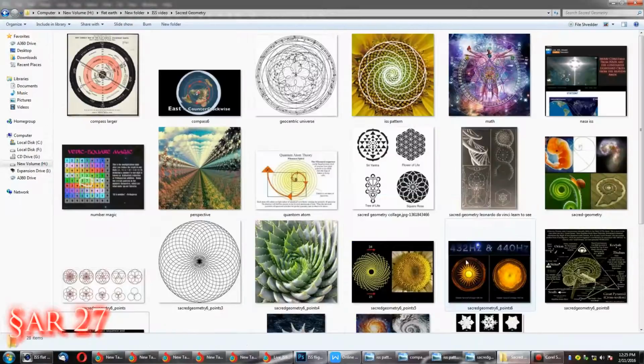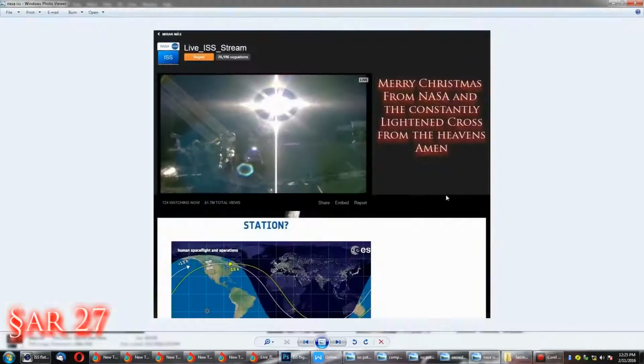Also, we have an interesting one that I wanted to show. I was able to catch this one time. It was pointing at the sun, and the glare would make a cross here. It actually did that for hours, and it looks just like the light of the heavens with the cross on it, with the glare. It's very interesting. This was done live. I put this on Christmas time when I was looking at a bunch of this stuff, and